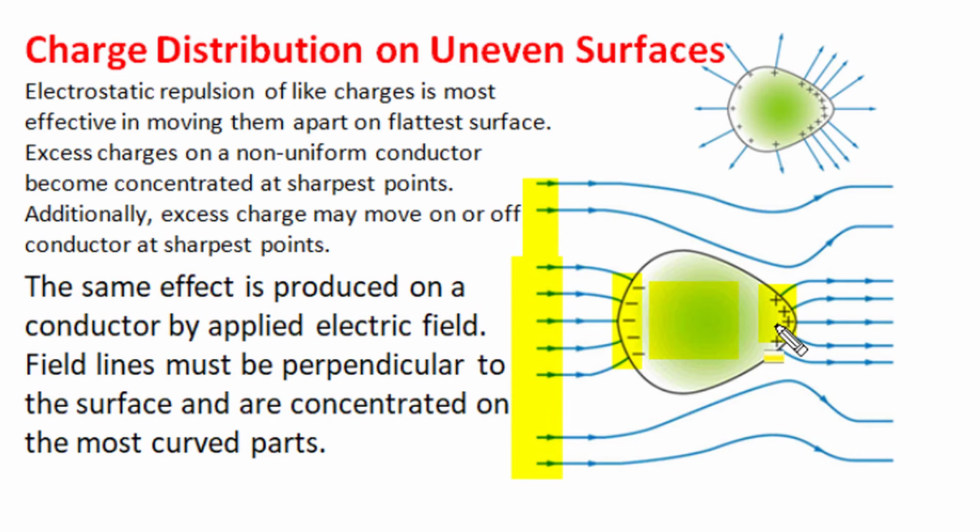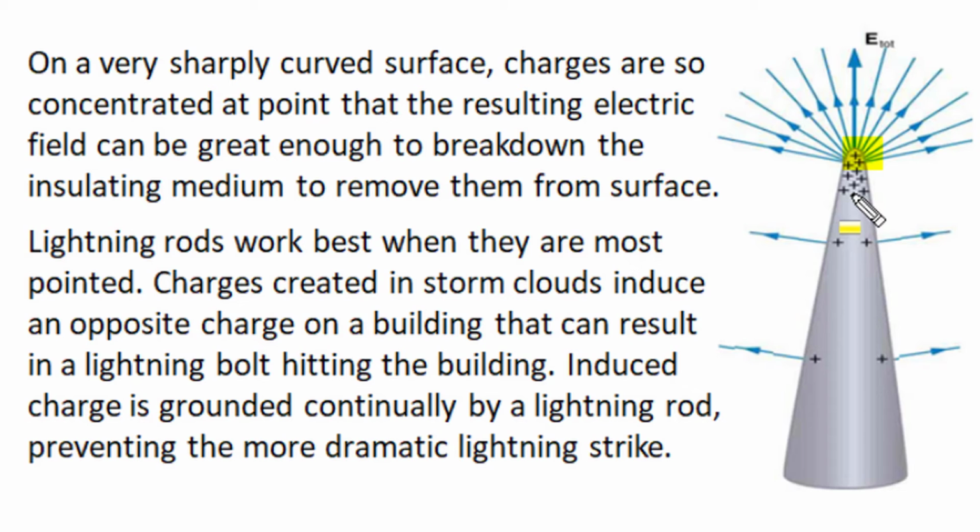Sharp edges have higher surface charge density, and distortion of the uniform electric field takes place near the surface of the conductor and it becomes stronger near the surface. On a very sharply curved surface or a sharp edge, the surface charge density becomes so strong that the resultant electric field over the surface, proportional to surface charge density, becomes strong enough to break down the surrounding dielectric medium, and in that case when the surrounding insulating medium loses its insulating strength, the charges of the surface may leak out from sharp pointed edges. Now this principle is used in lightning protection when we use lightning rods.